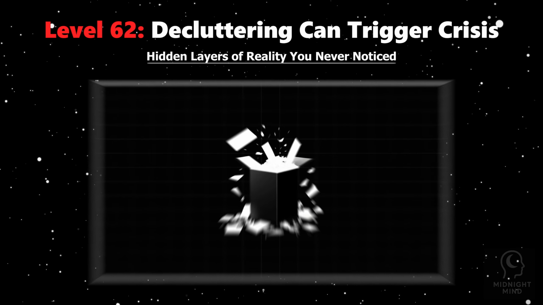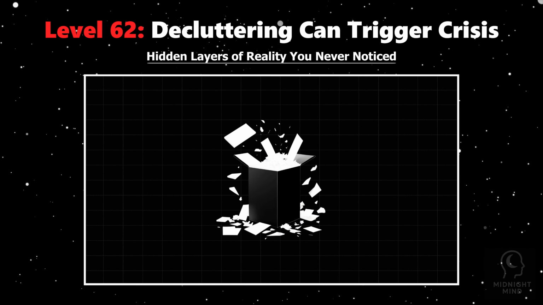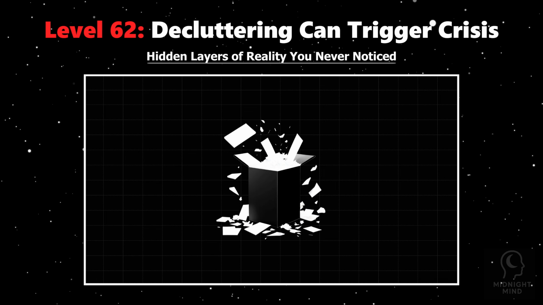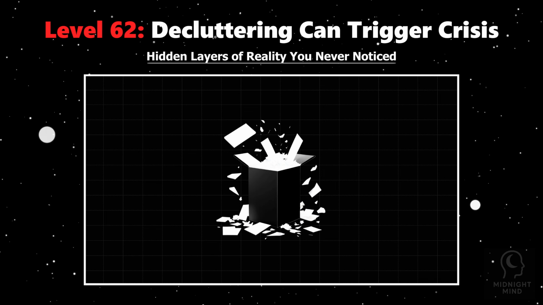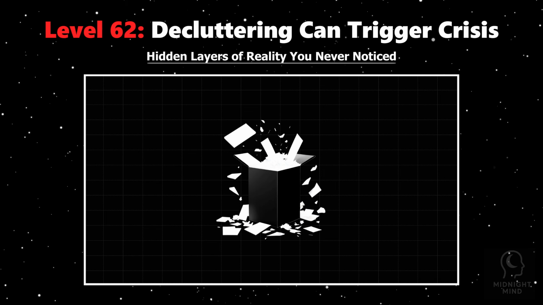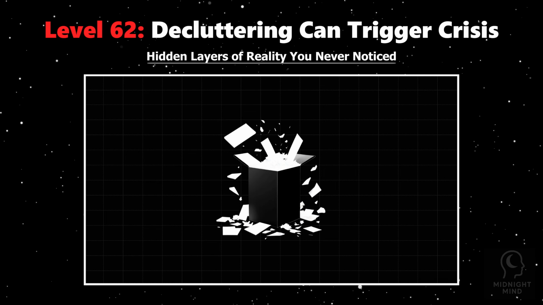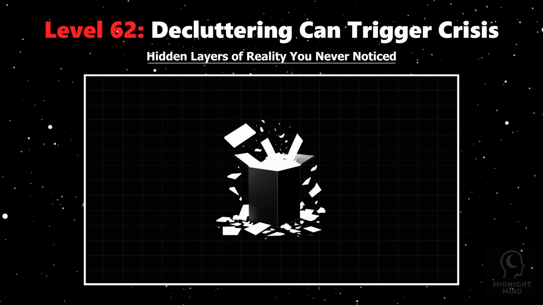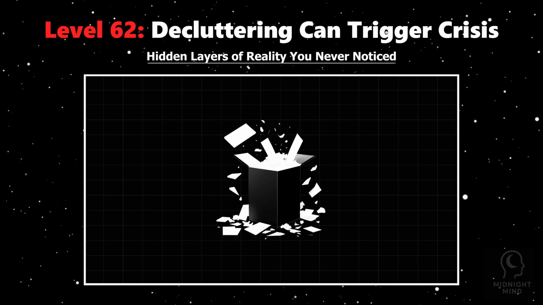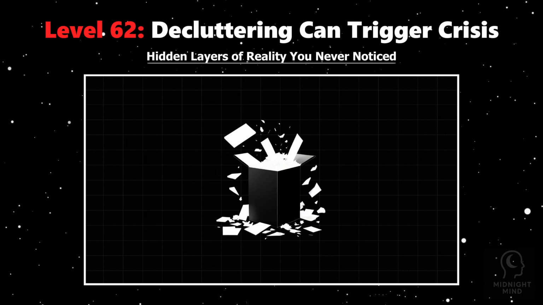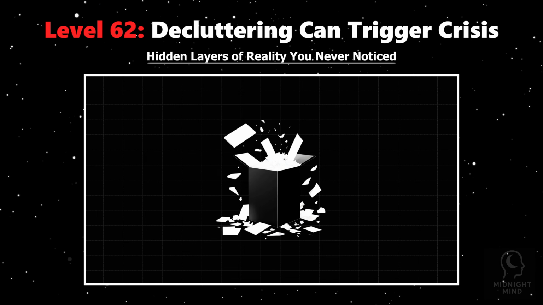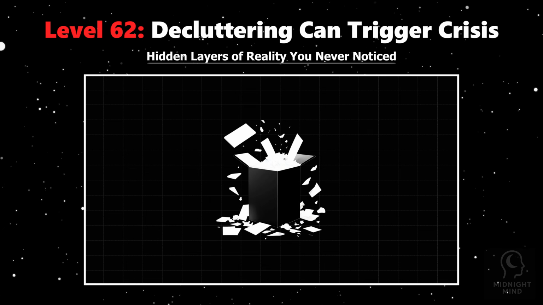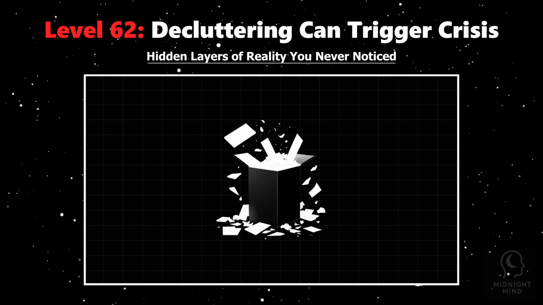Imagine clearing out clutter and feeling more than just physical space opening up. Sometimes it triggers a deep mental crisis. This is no coincidence. Psychology reveals that the items we keep are often intertwined with our identity and memories. When you remove these physical markers too quickly, you risk destabilizing the mental maps that hold your sense of self together. Neuroscientists explain that memories are linked to sensory cues, including objects in your environment. These anchors help organize your personal narrative. When clutter is discarded rapidly, the brain loses these cues, causing confusion and emotional disorientation.